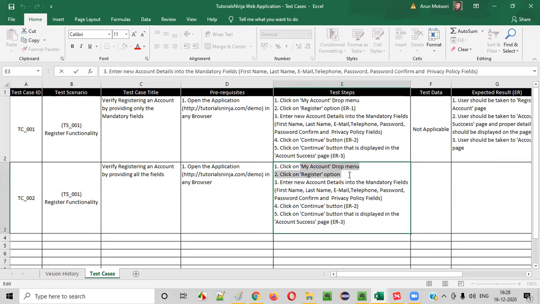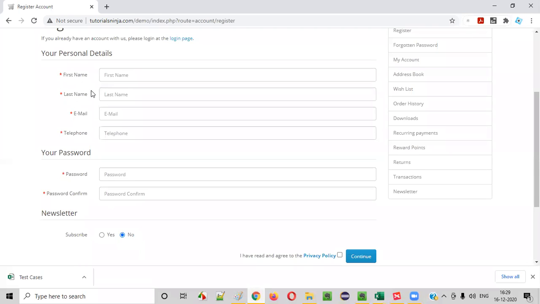So here, click on the My Account drop down menu, click on the register option, enter new account details into the mandatory fields. Into all the fields, you have to say. What are the different fields we have? If you go to the application, you will understand all the fields. The first field is the first name field. You have to enter first name, then last name,